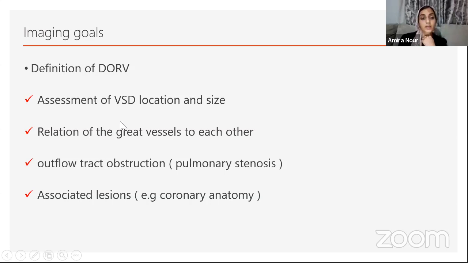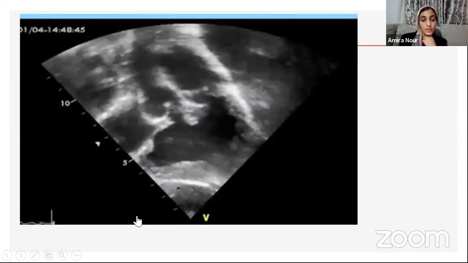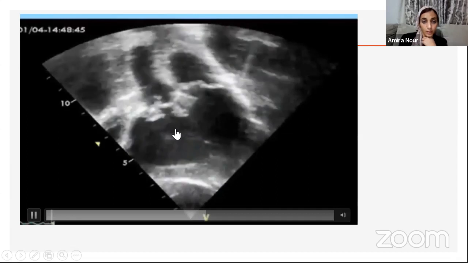The second point, after identifying the VSD and its location and size, is to identify the relation of the great vessels to each other. Is there any outflow tract obstruction, as we discussed before: pulmonary stenosis, aortic stenosis, aortic coarctation, hypoplastic arch? After fulfilling all these points, you look for the associated lesions as I discussed before, and of course the coronary anatomy if possible. And I will discuss with you some echocardiographic clips for patients in our echo lab with double outlet